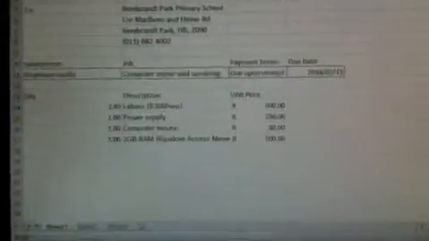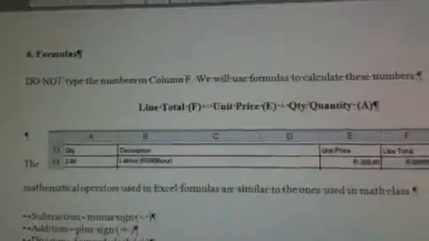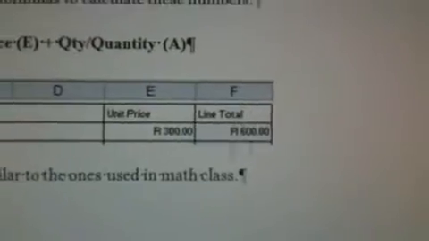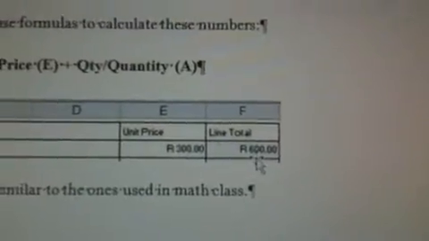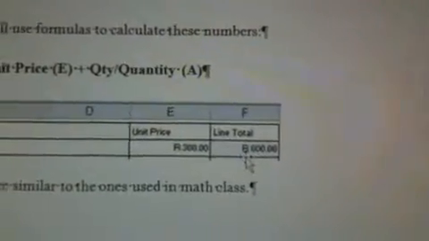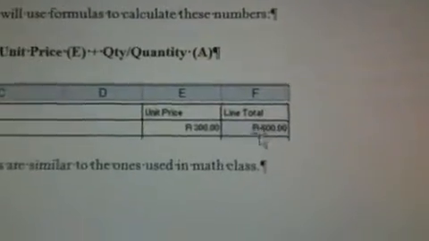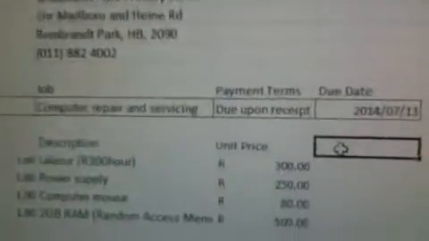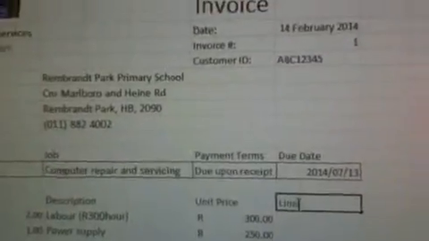Okay, so now the next step, we are on step 6 in our manual. We're actually going to calculate what the line total is, so how much total amount we are charging the Rembrandt Park Primary School for our services. And so type for me in F13, line total. So I'm clicking here on F14 next to quantity, and I'm typing line